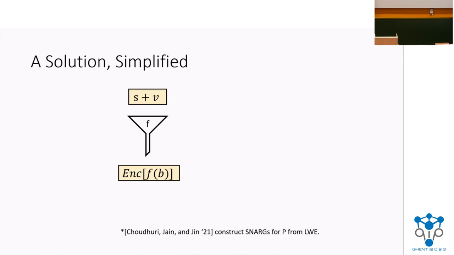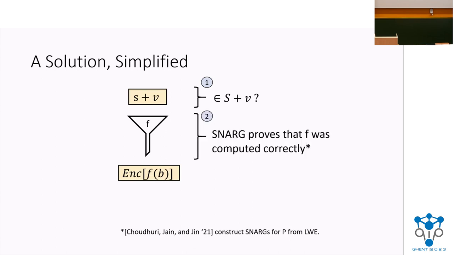So you can view the server's computation as a classical function that takes a vector s plus v and maps it to some output value. So we just need to check that the input is correct, in other words, that it belongs to the correct coset of s. Then we need to check that the computation, which maps input to output, was evaluated correctly. And if both of these checks pass, then we know that the value written on the output register will be the correct one with overwhelming probability. So it's still a gentle measurement.